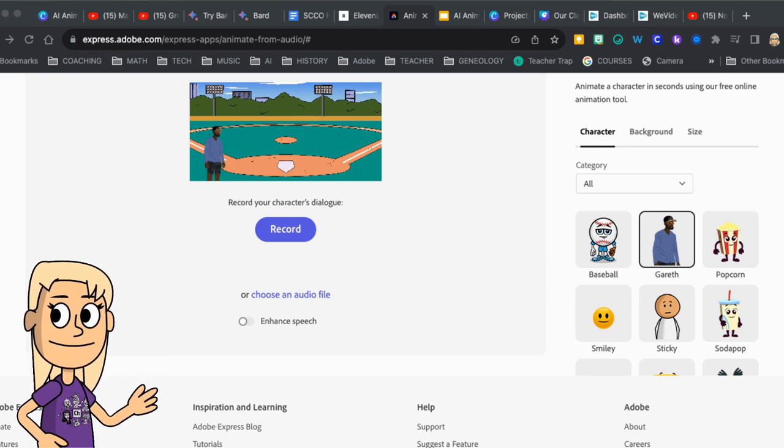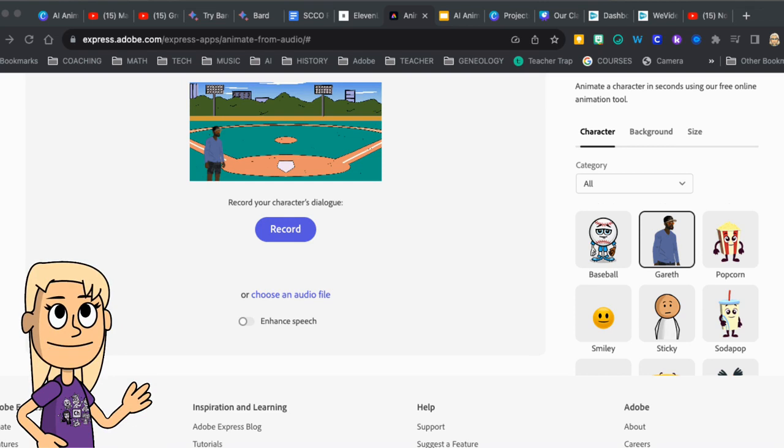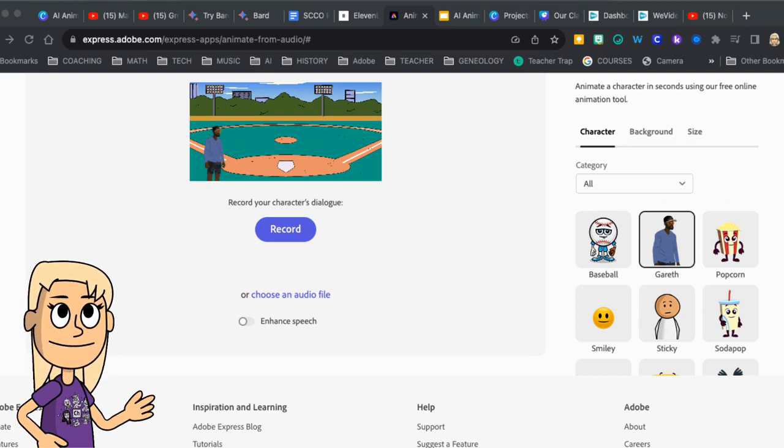So the little characters are actually called puppets. You can create your own, but I've been working on trying to create one using my Bitmoji, and it's very labor intensive. I still don't have it done. So I'd go with one of the freebies here, because you want these to not be labor intensive. You want to be able to generate these little videos quickly,